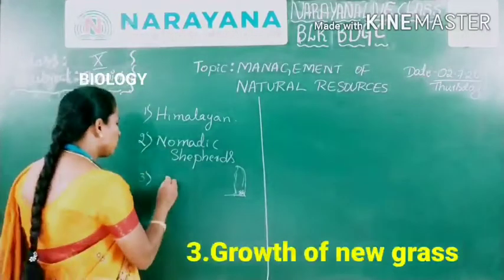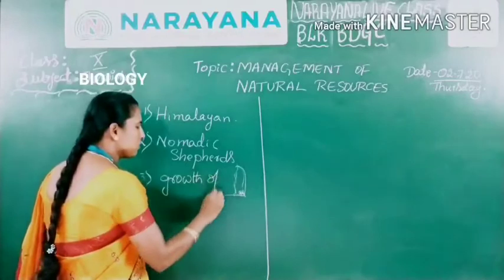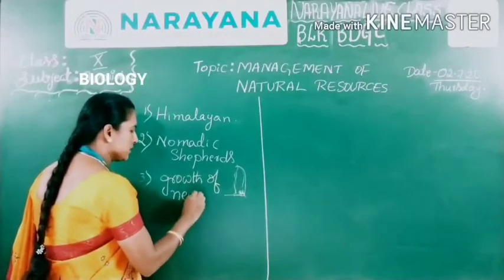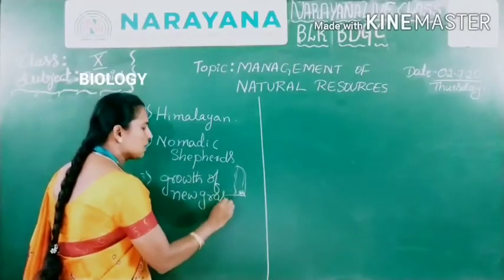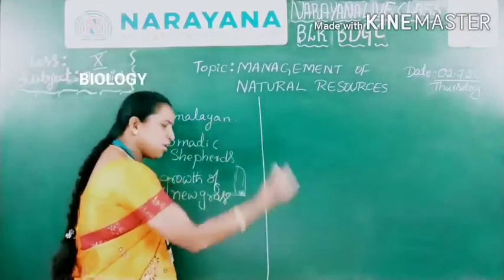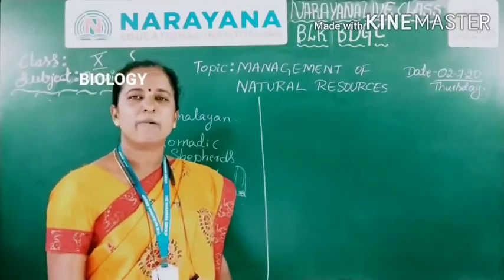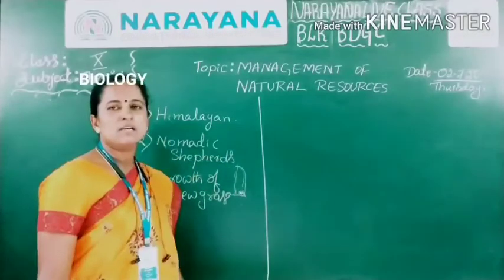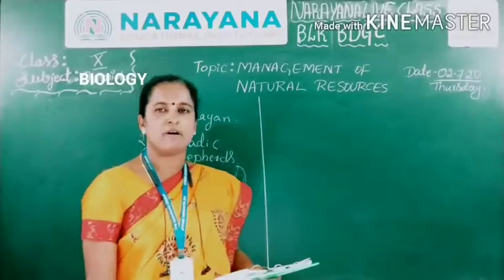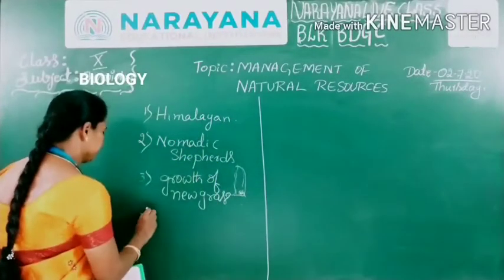So here the answer is growth of new grass is not seen. Growth of new grass is not seen because the older grass falls on the new growth of the grass. This happened in the national park because of preventing the shepherds there. Okay. The next question here is,